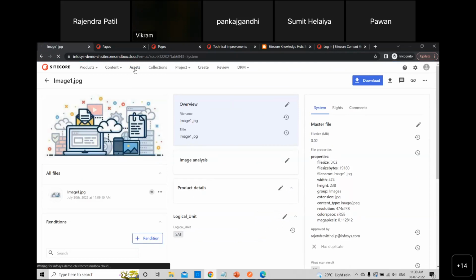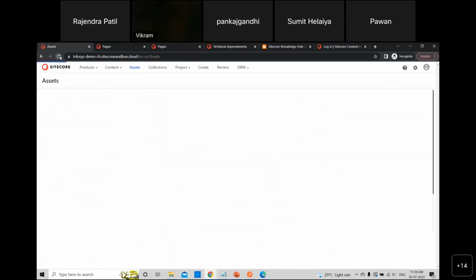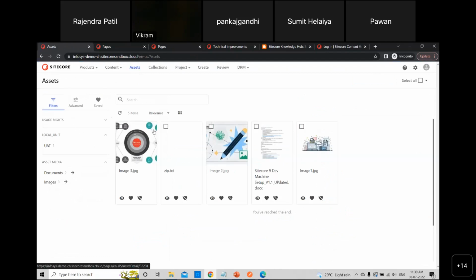Let me go back to the asset pages and see how the searching functionality works. Sometimes the updates will take some time. As I mentioned earlier, whatever things we are doing inside the Content Hub will be treated as background processes, and the background process will take some time. Whatever actions we perform, for example updating assets, deleting assets or downloading assets, will be added into the queue, and based on the preference in which those were added,